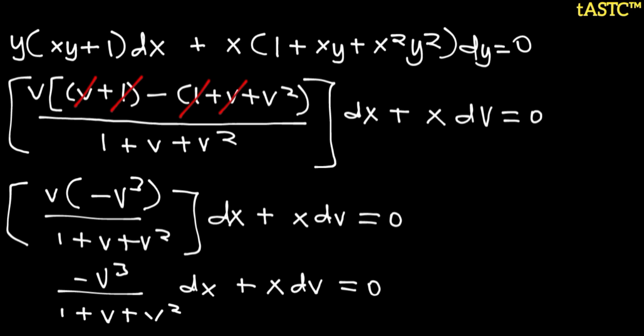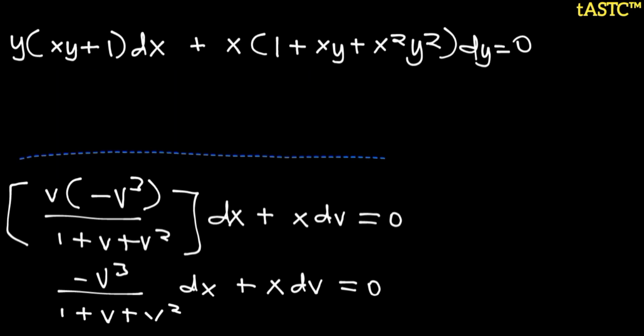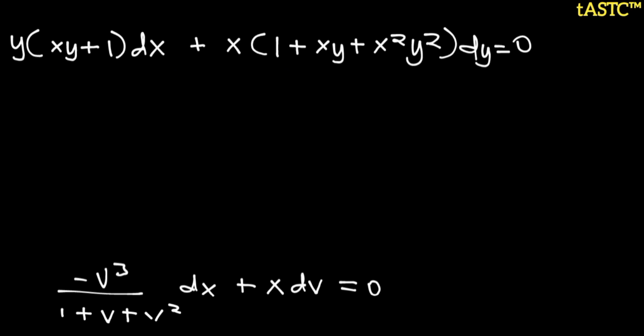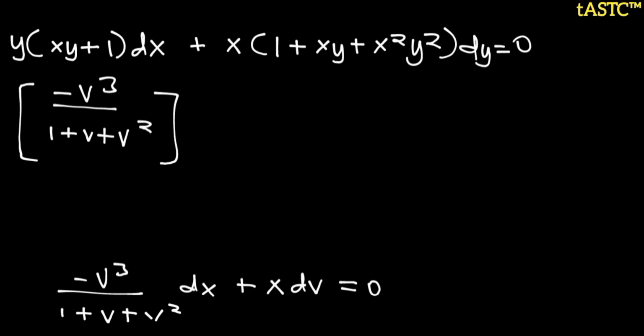So what is going to be the next step? Gradually, we're closing in to exactly what we want to find. Now we need to take this and bring it to this other side. And we also need to take this and bring it to the other side. So how can we do that? First off, I'm going to take the reciprocal of this and multiply it to both sides. So that will look something like this. This is minus v to the third, divided by 1 plus v squared, rather. And here we have